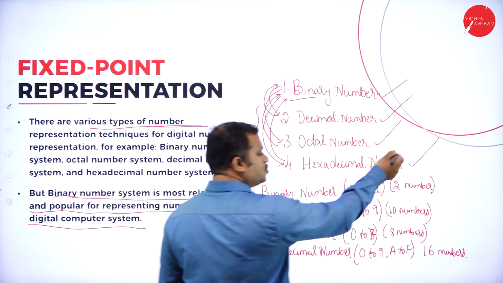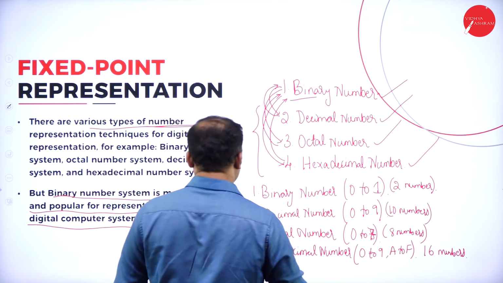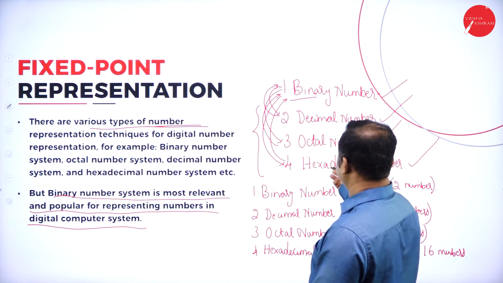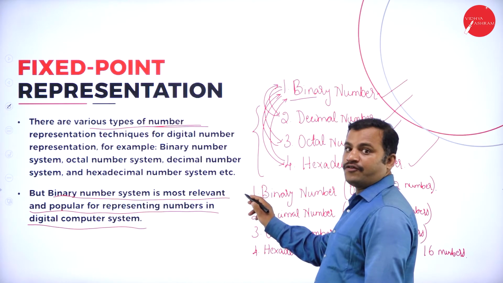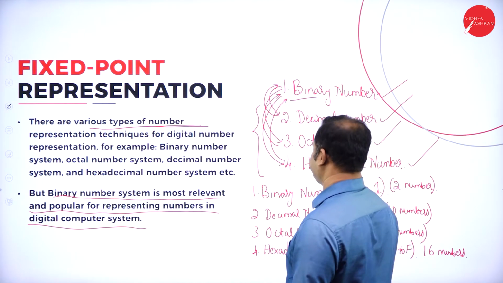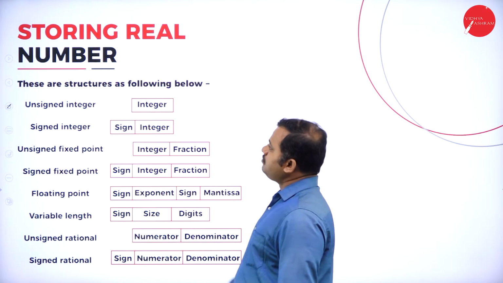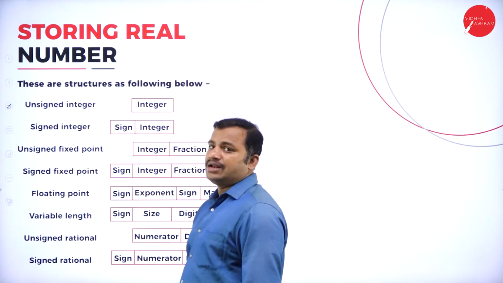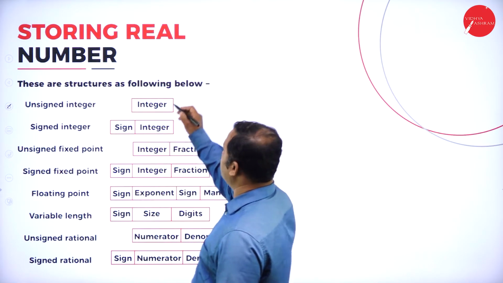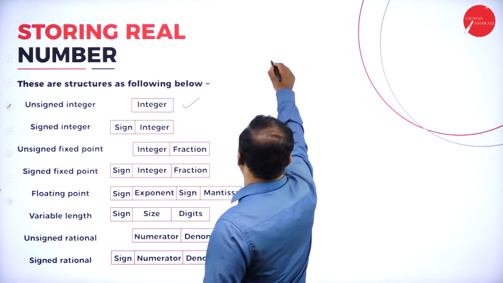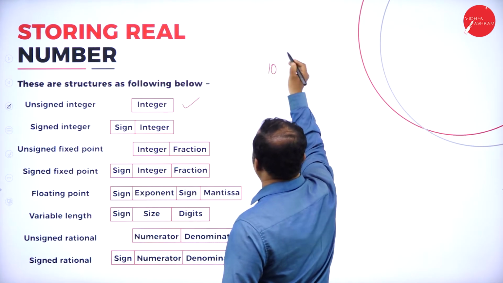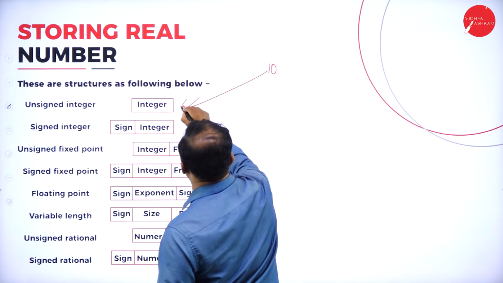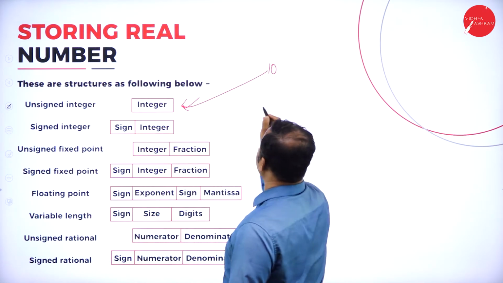Binary. Bi means 2 numbers. So this is how the number systems are represented, and these number systems can be converted from one format to another format. Now, there are structures for storing the real numbers, which is the first one, unsigned integer. Suppose I have a value 10, I can store it as it is in this format, that is in unsigned integer format. Suppose I have minus 10, then